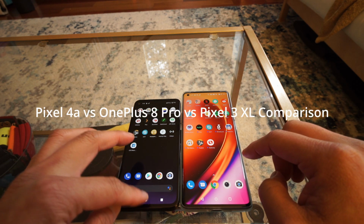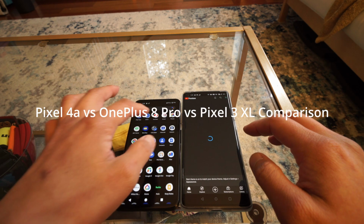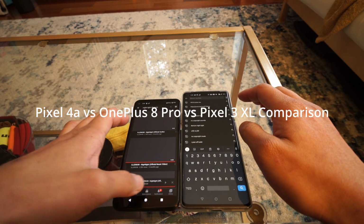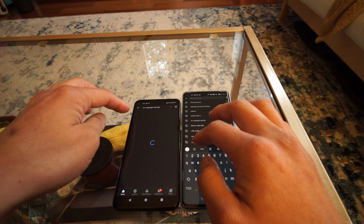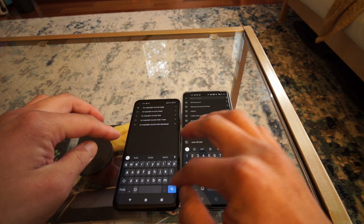Hey YouTube, today I present to you a long overdue comparison video between the Pixel 4a 5G, OnePlus 8 Pro, and the Pixel 3 XL, which I am upgrading from. I recorded this around December of 2020 and have since sold the OnePlus 8 Pro and kept the Pixel 4a 5G. Some of you guys may find this bizarre, but if you're interested to know why I ended up with